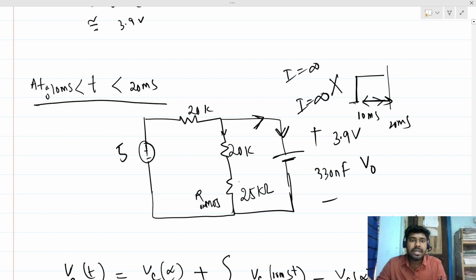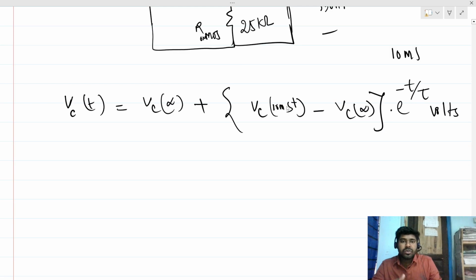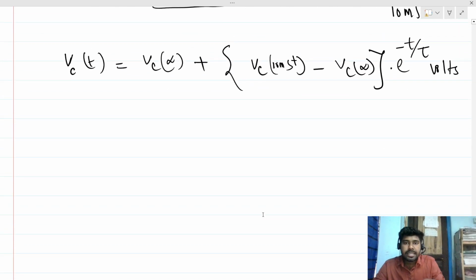And yes, there is no constant current, as well as the capacitance impedance is increasing with respect to time. So we can see that the charging or the discharging will always be exponential for this circuit. Now, what is the Vc of infinity here? At infinity time, the capacitor will be an open circuit, right? So what will be the equivalent picture?